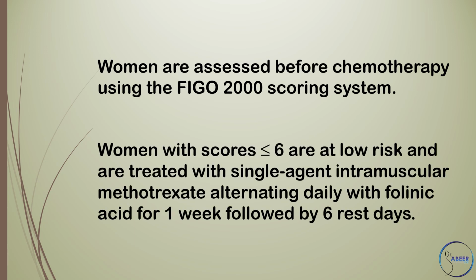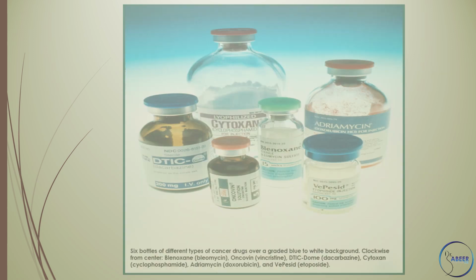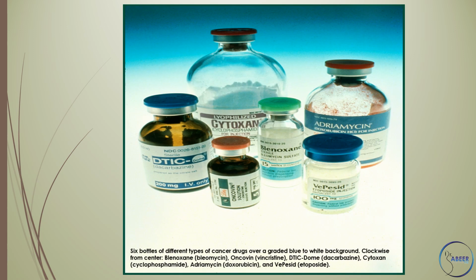Women with scores of less than or equal to 6 are at low risk and are treated with single-agent intramuscular methotrexate, alternating daily with folinic acid for 1 week, followed by 6 rest days. Women with scores of greater than or equal to 7 are at higher risk and are treated with intravenous multi-agent chemotherapy, which includes combinations of methotrexate, dactinomycin, etoposide,